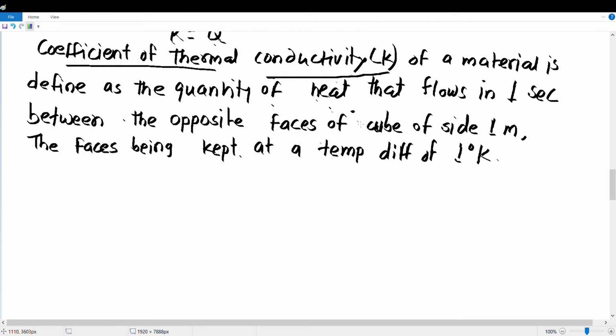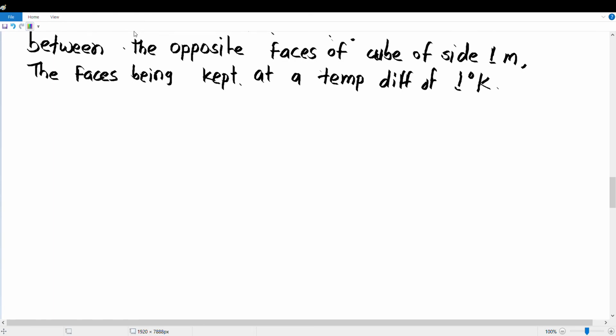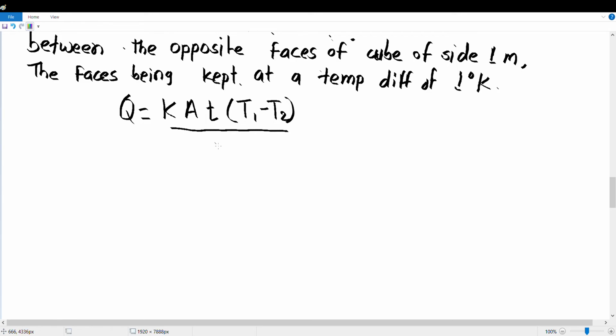Now let us again revise the same equation for Q. Q is K, and it depends on which factors? The area of cross section, the time interval, and the temperature difference, and is inversely proportional to the distance. So this Q is equal to this much. Now differentiating this equation, what we get? dQ by dt is equal to,